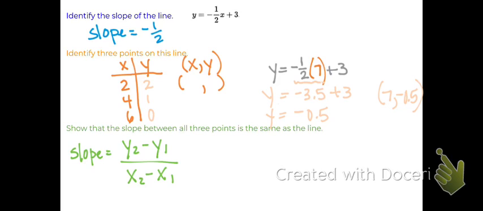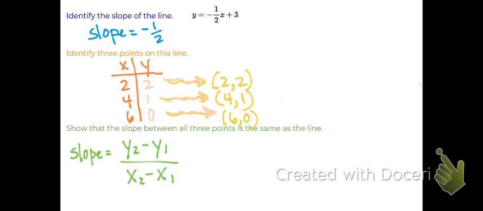when you pick numbers that are divisible by whatever that denominator is of the fraction, then you aren't going to be left with decimals that you have to plot on your graph. So these are my 3 points. Now we're asked to show that the slope between all of the 3 points is the same as the line, which is -1/2. So we're going to just pick 2 points, like let's just look at the first 2, and